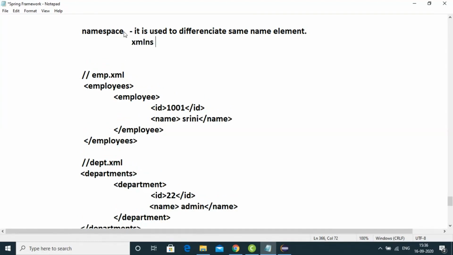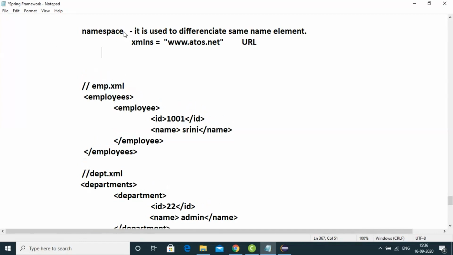This is an attribute that is used to define a namespace. XMLNS equal to, I am going to provide some value, some URL value. This type of namespace is called URL type. Or with XMLNS, if I am going to write it like this,